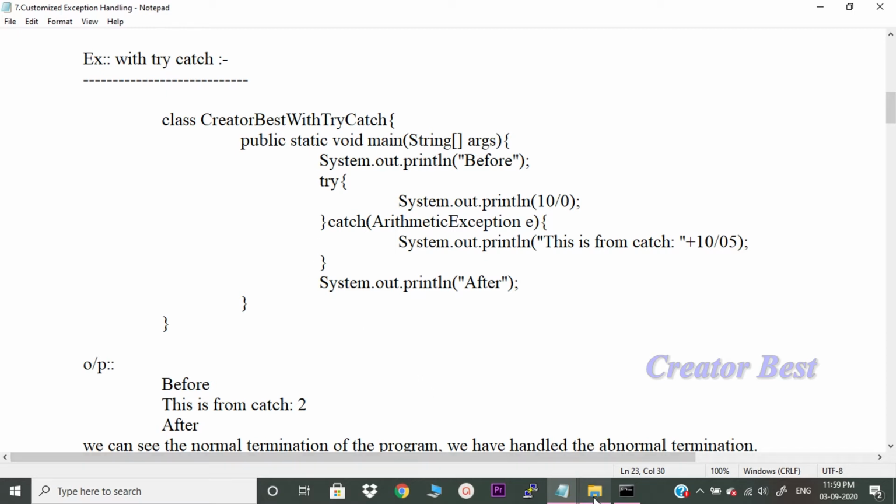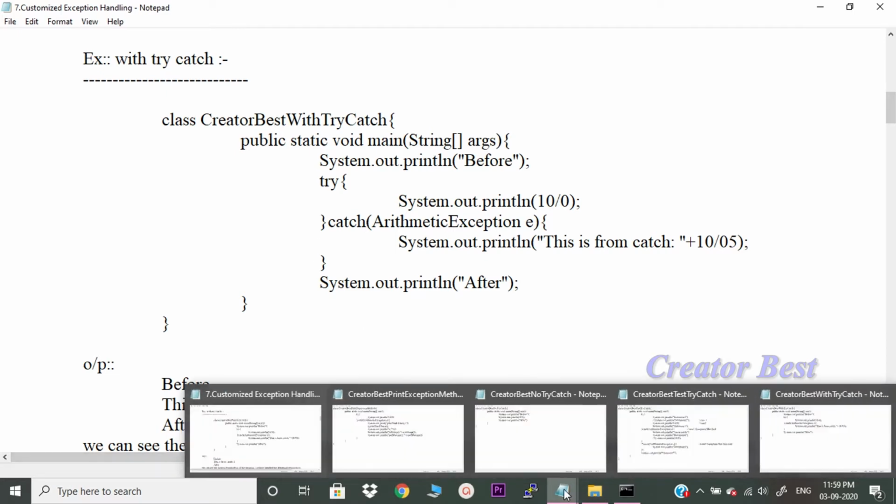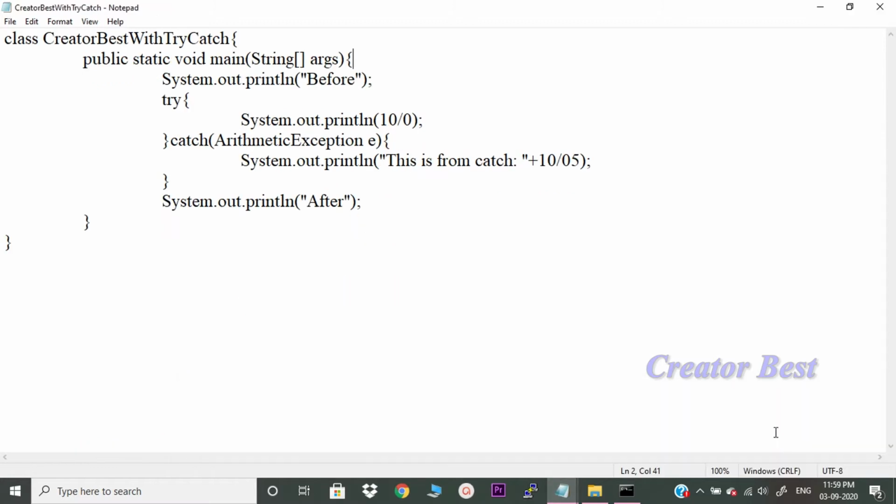So let us try and execute this program. I have taken another class. I have already written this program. System.out.println "before". I have taken only the problematic statement here in the try block, and in the catch block I have simply printed 10 by 5, and right after the catch I have taken another print statement, "after".